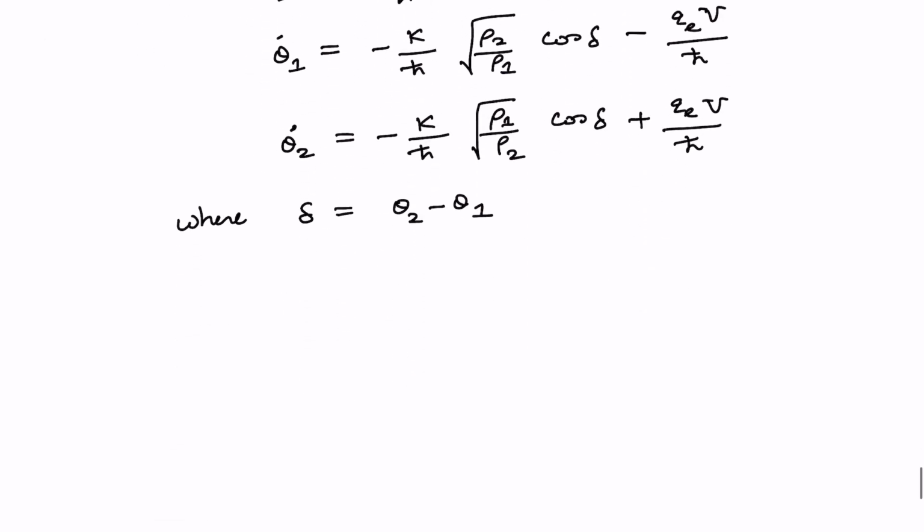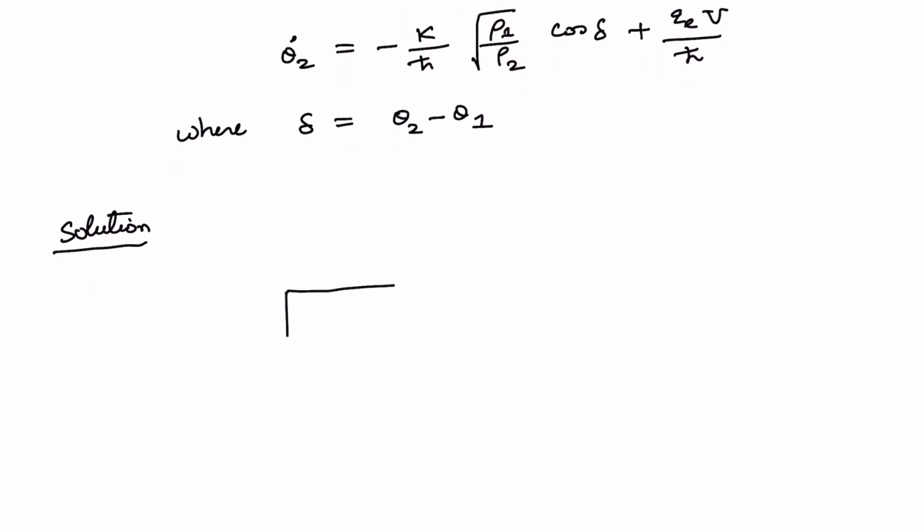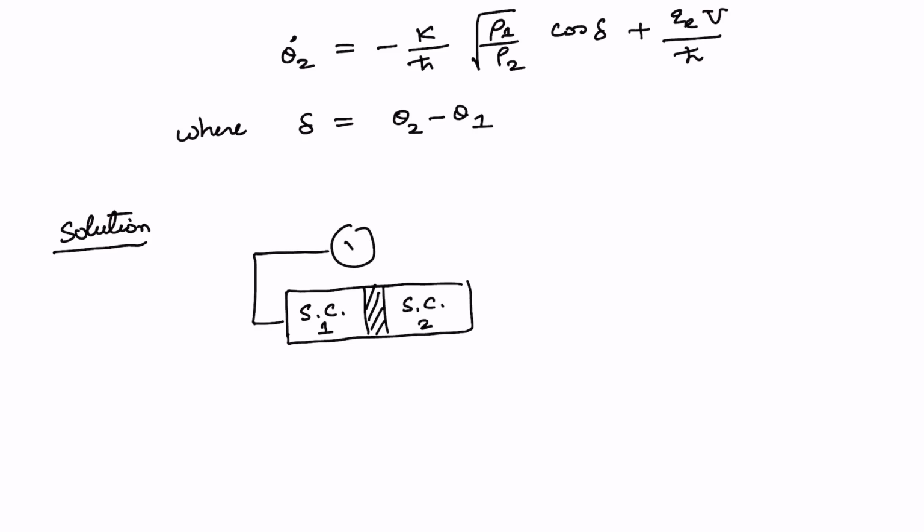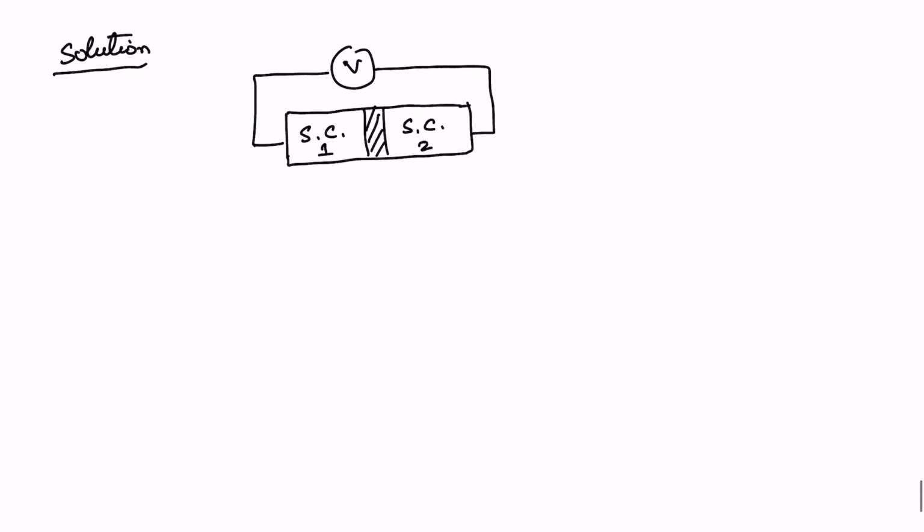To do that, we know that this Josephson junction is nothing but two superconductors placed adjacent to each other, and they are separated from one another by a thin insulating layer. So this is superconductor 1 and this is superconductor 2, and a voltage is applied between these two electrodes. And the model that was used was the coupled Schrödinger equation,